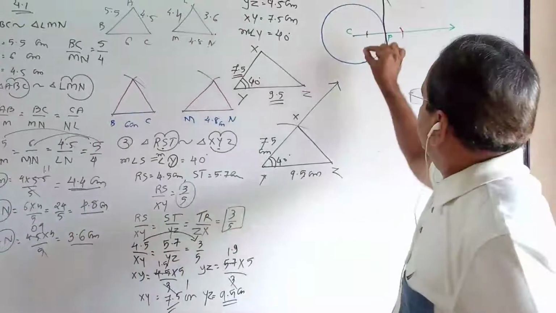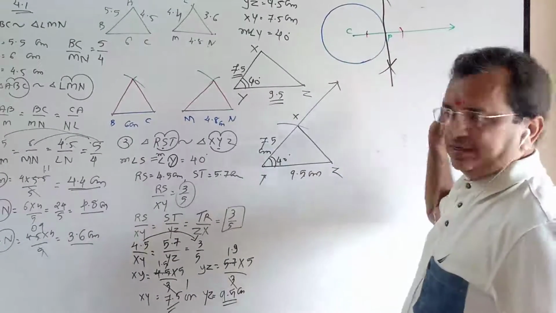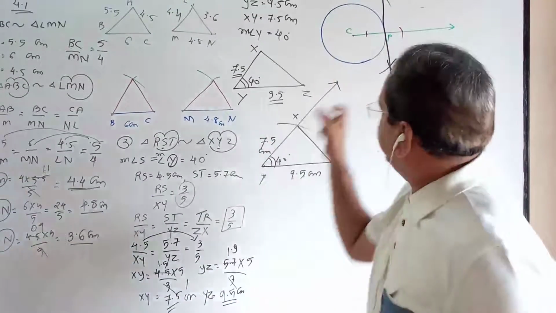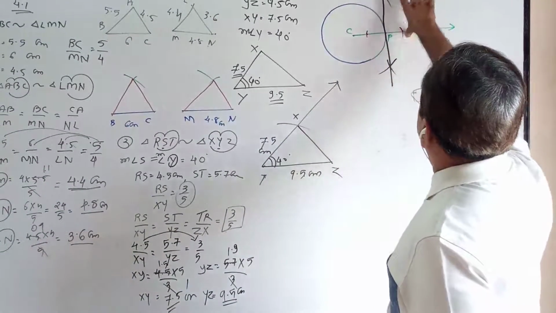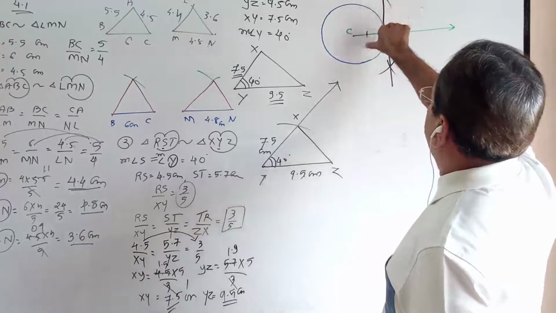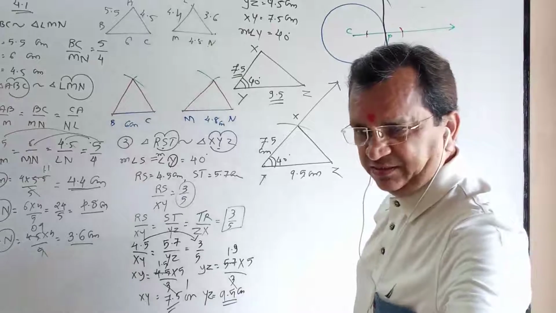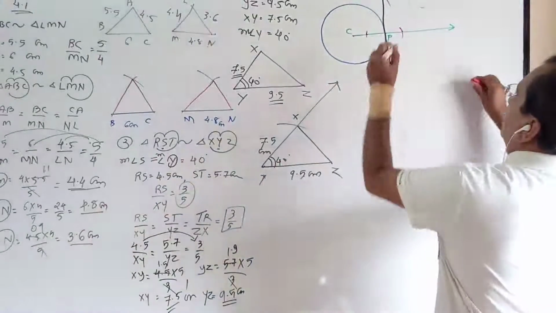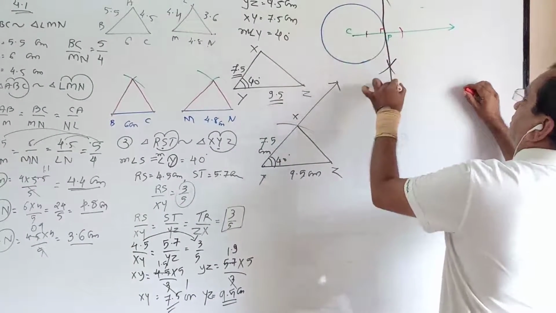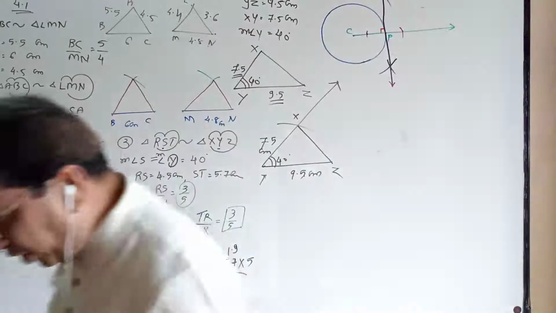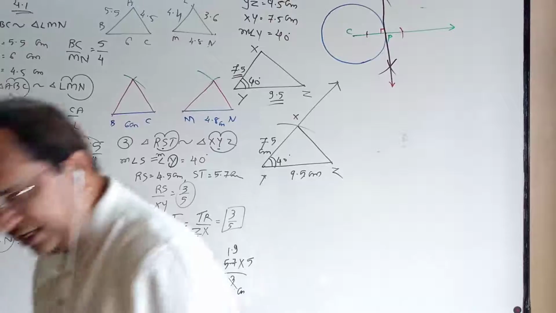Draw the circle, take one ray, that is the intersection point. From that intersection point, left side, right side. From this, up, down, same. Up, down, these four are of the same measurement. This is perpendicular. All this you have to mark very neat and clear.